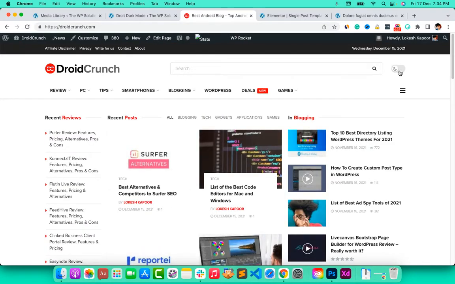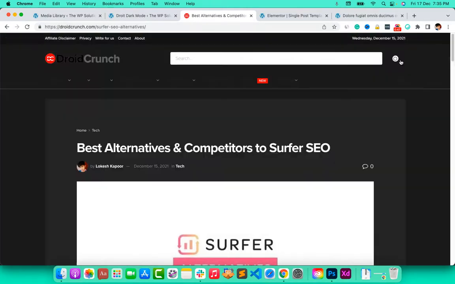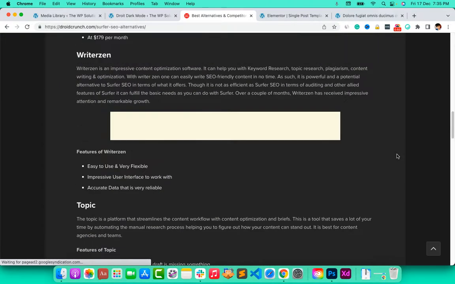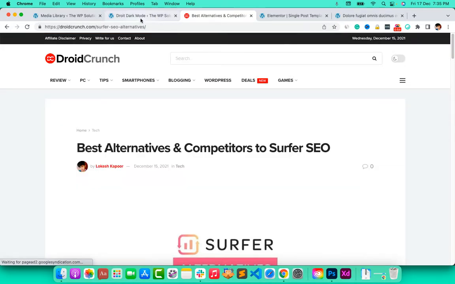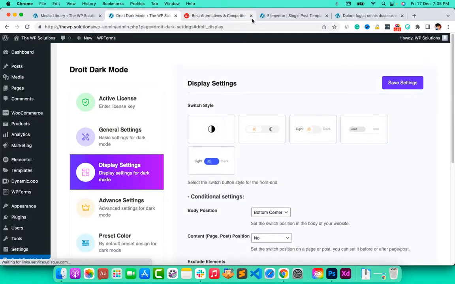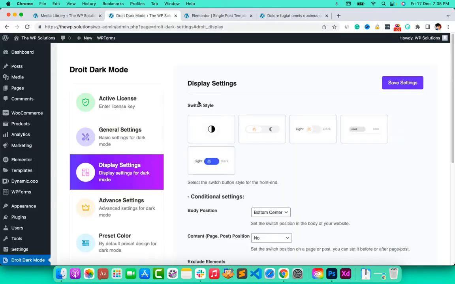So it gives dark mode and light mode, and it would work for all the pages as well, right? We're not using this add-on, but it definitely works the same way. So I will show you how you can use this one.